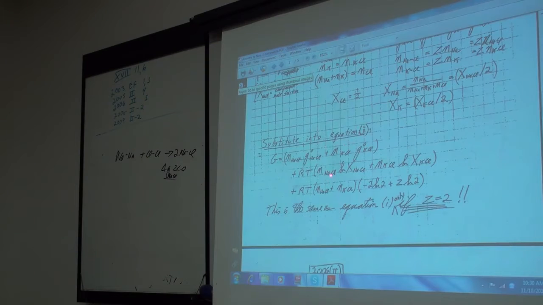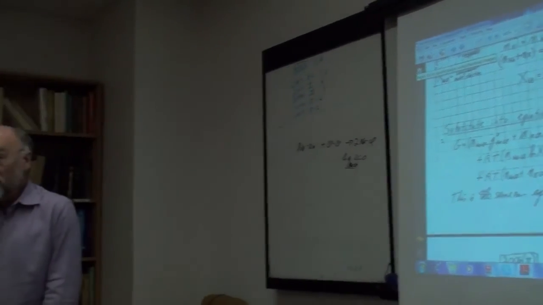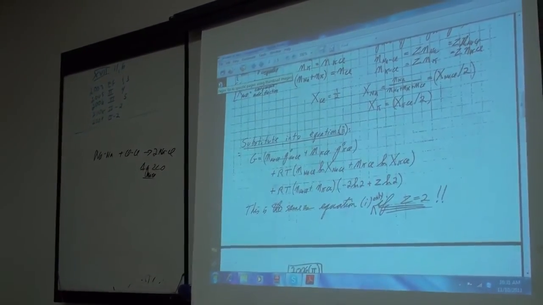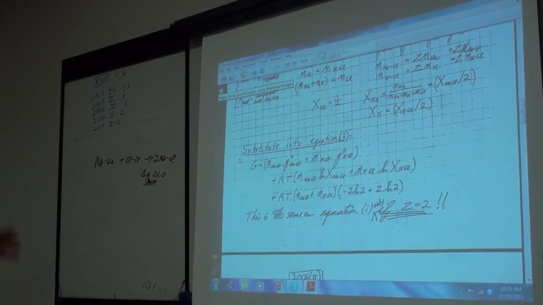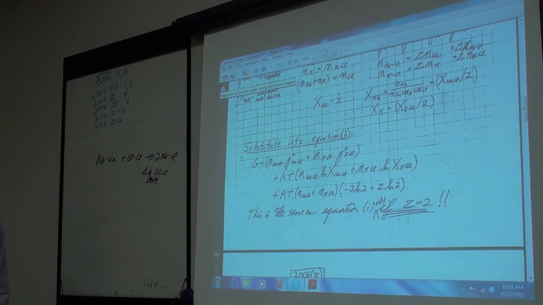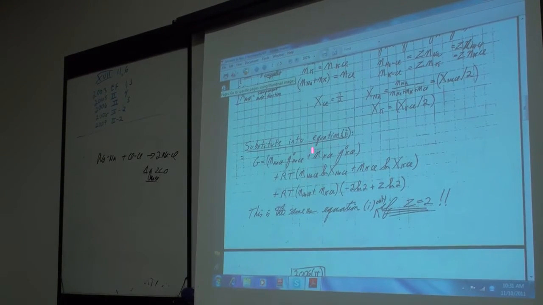And so for the two equations to be equivalent, this term has to be 0, and this is the same as equation 1 only when Z equals 2. Remember, as I said, the entropy equation in the quasi-chemical model is only exact when Z equals 2. So when Z equals 2, this is an exact entropy expression, and everything's coming out right. If Z does not equal 2, it's not an exact entropy expression, and this is your mathematical error. So that's one more reason,